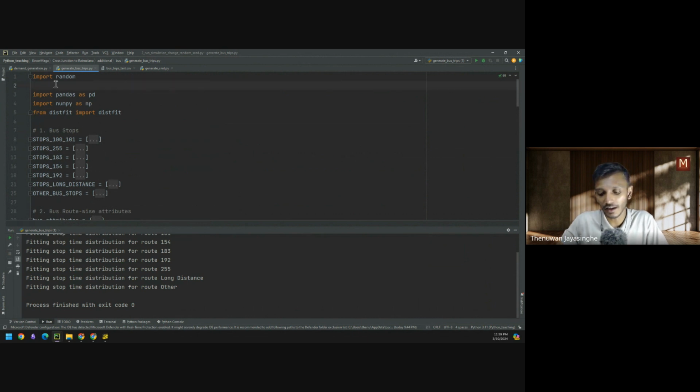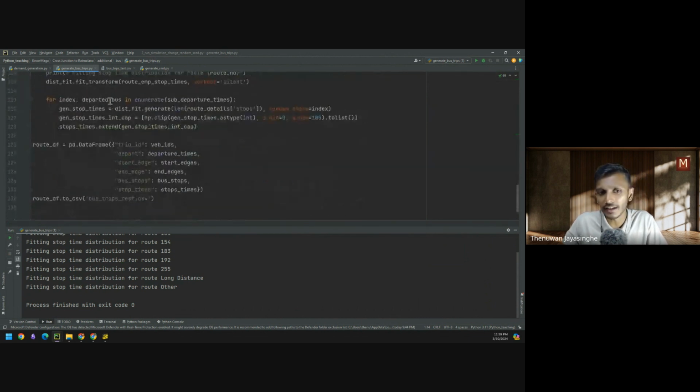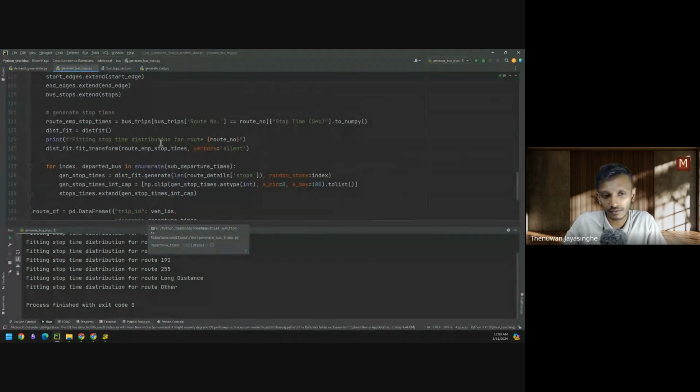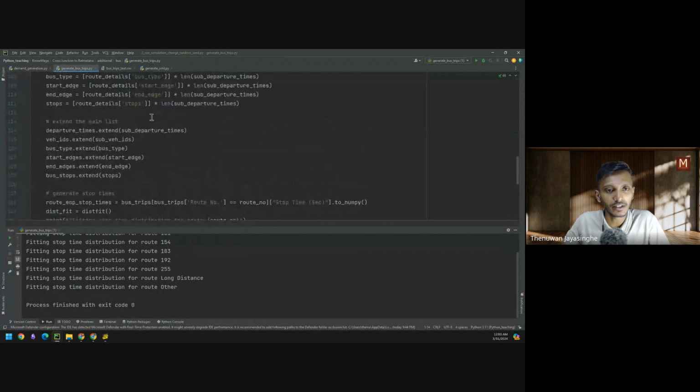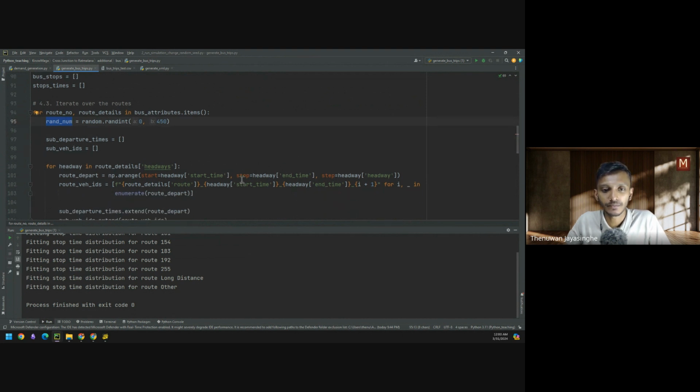Yeah, so I have to import random, that was automatically done. That's a choice I made, but if there are any better ways of doing it, obviously we can comment on it. So I will consider that. Now once you create this random number, what you have to do is add that particular random number to the headway start time, right? So that is, you add this random number, right? So now when you run this,